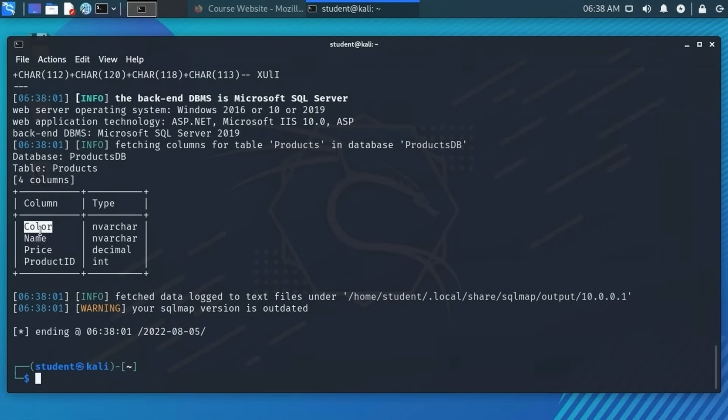There's a color column, there's a name column, there's a price column, and there's a product ID. And what's really interesting here is they're also showing you the data type. So notice how easily I'm able to start discovering the structure of the database, the tables and the columns and the data types. But not only that, now what I'm going to do is throw a --dump